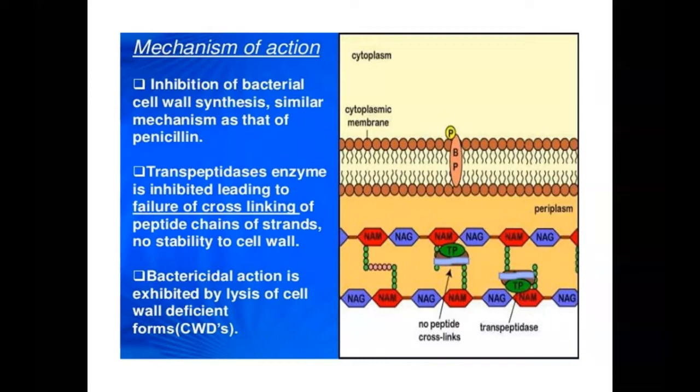So once the stability and rigidity of the cell wall is affected, what will happen? In the presence of the beta-lactam antibiotics, the bacteria has to divide. During the time when the bacteria is dividing, cell wall deficient forms, that is CWD forms, are formed. Now once the cell wall deficient forms are formed, the interior of the bacteria is hyperosmotic, due to which the cell wall deficient forms swell up, then they burst, and bacterial lysis takes place. So this explains the bactericidal action of the beta-lactam antibiotics.